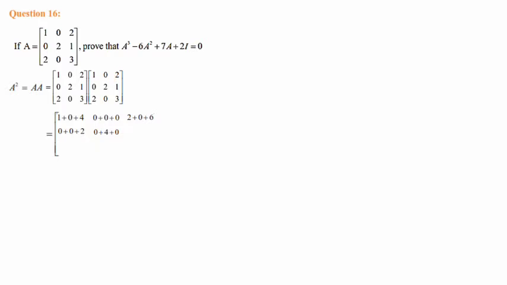0 into 2 is 0, plus 2 into 1 is 2, plus 1 into 3 is 3, that is mentioned. Third row, we have to take 2 into 1, 2, plus 0 into 0, 0, plus 3 into 2 is 6, is mentioned. 2 into 0, 0, plus 2 into 0, 0, plus 3 into 0, 0, again mentioned. 3 into 2 is 6, plus 3 into 1 is 3, plus 3 into 3 is 9, that is mentioned. So close the bracket. We'll do the calculation.